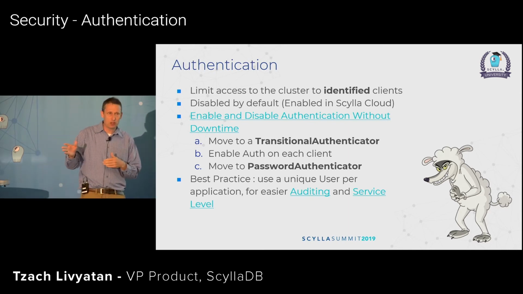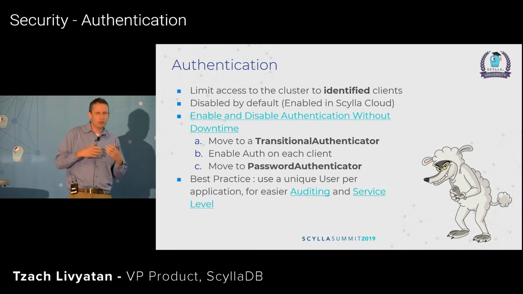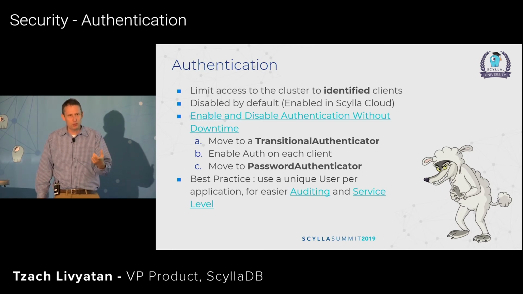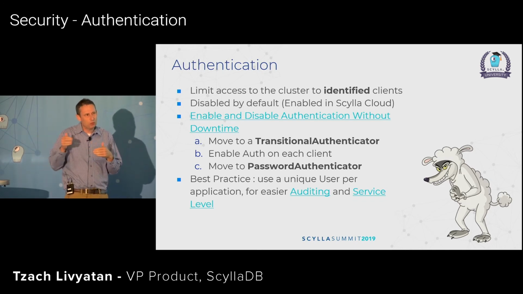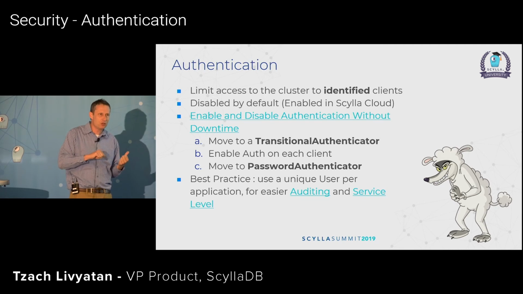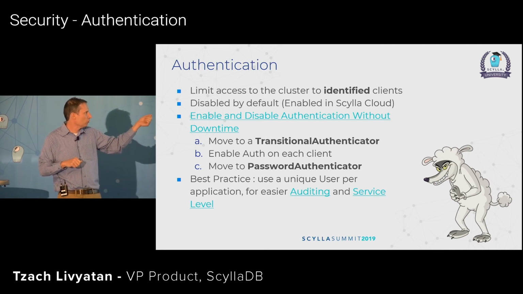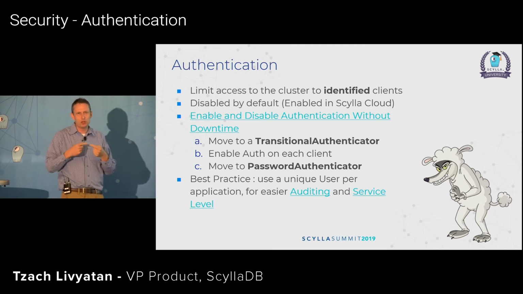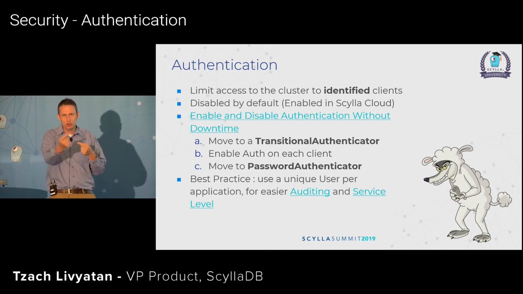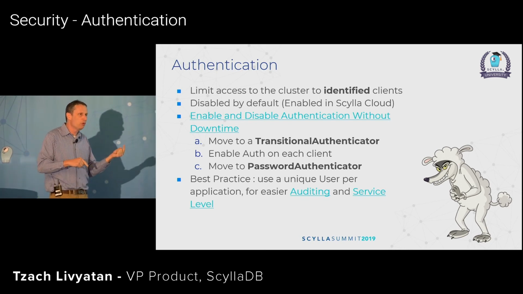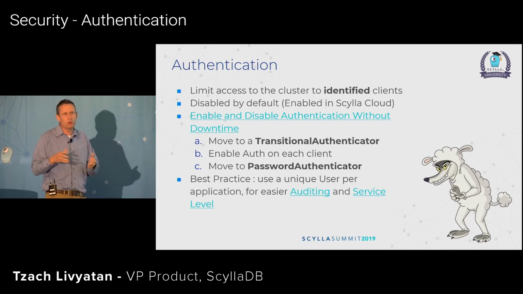So Scylla, following Apache Cassandra, has what is called a transitional authenticator. If you're starting with no authentication, you can enable this transitional authenticator. This gives you time to use or not use authentication from your driver. You can then go to your applications and enable authentication on the driver one by one. And once you do that, you can go back to the Scylla cluster and move from the transitional authenticator to the password authenticator in each of the nodes. Of course, each of these changes requires you to do a configuration change and then a rolling restart of all the nodes. But with this method, you can move from non-authenticated to authenticated without downtime.